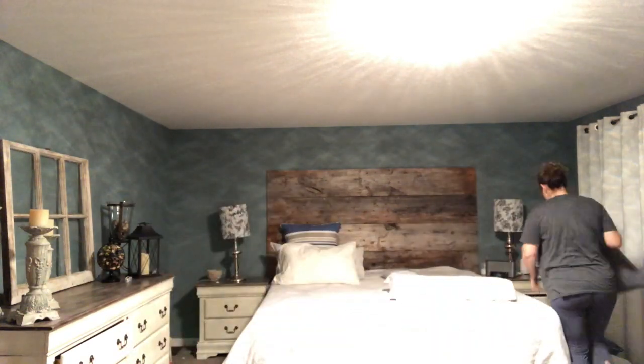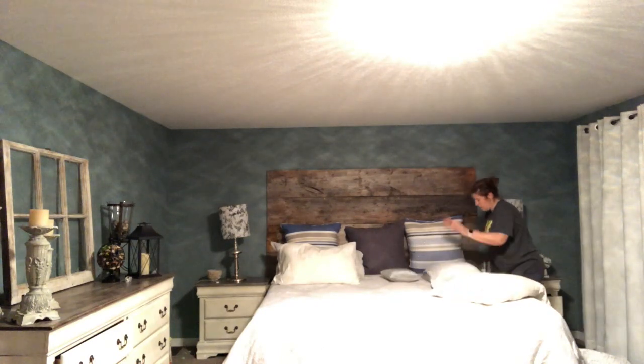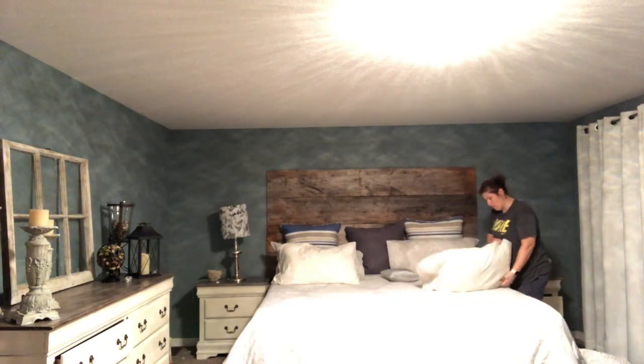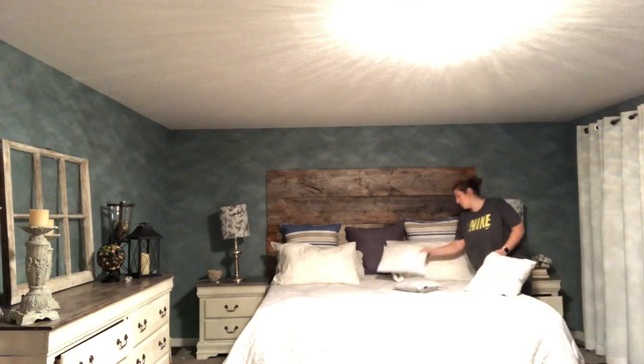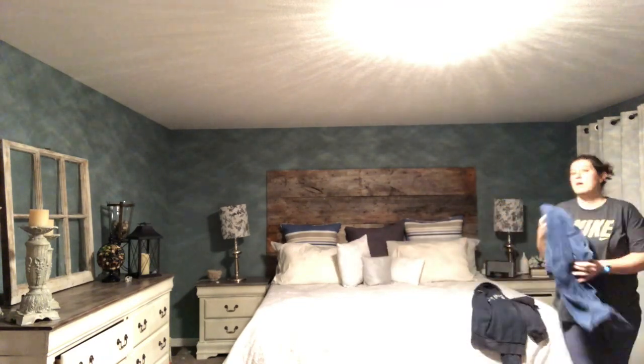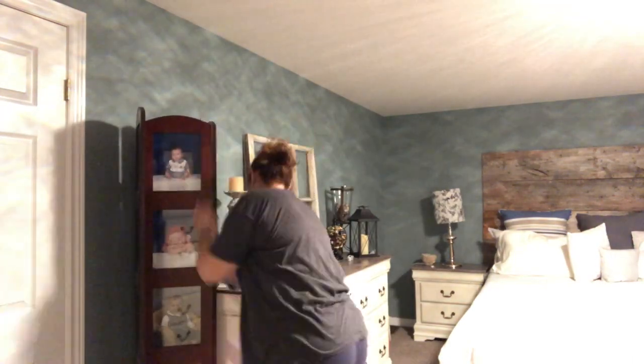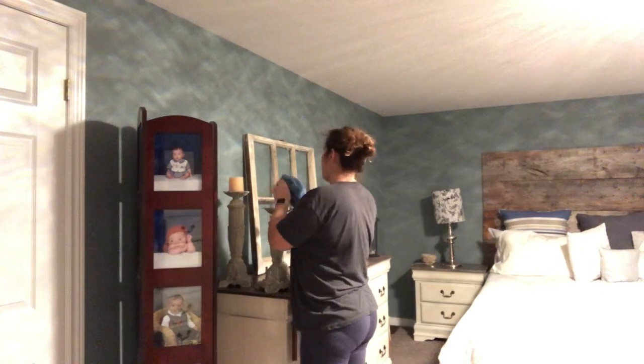So I start on Thursday morning. This is done early in the morning before my kids are even up for school, between 6 and 7. I start off with making my bed, and then I move on to dusting. I dust using a dusting mitt from Norwex, and then